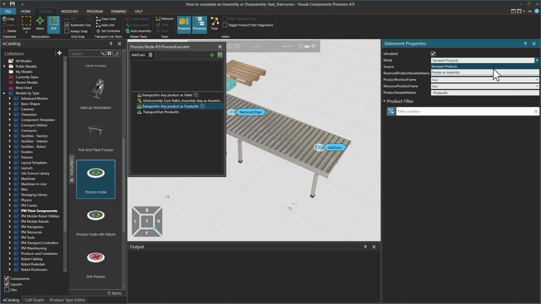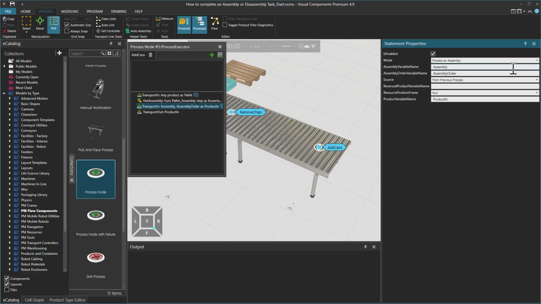We set the mode to process an assembly with assembly variable name palette, and we are importing the cans using assembly order variable name assembly order cans, and with source from previous process.